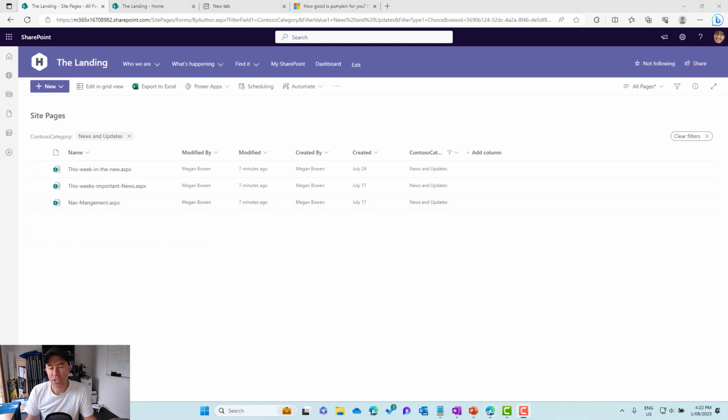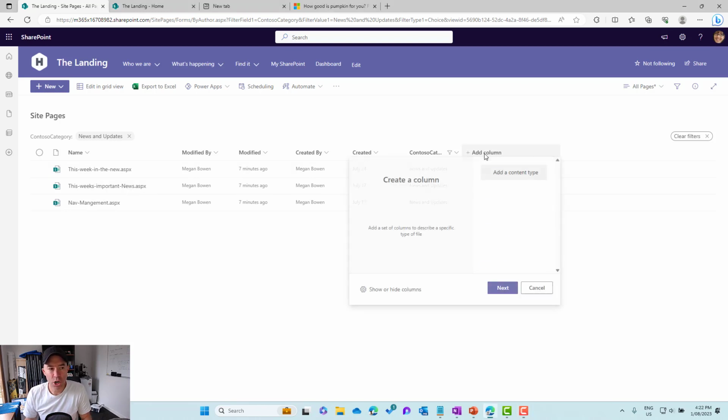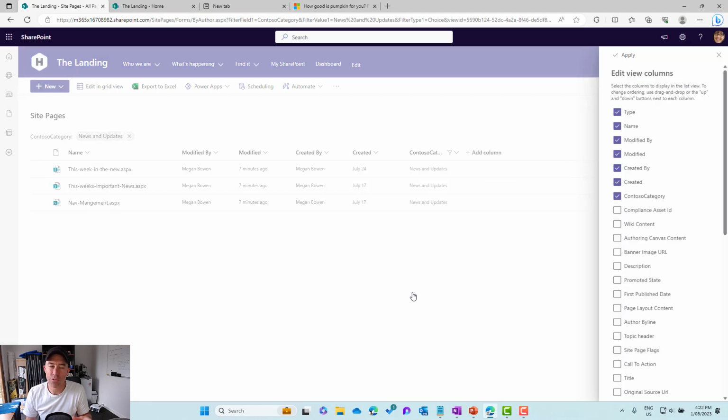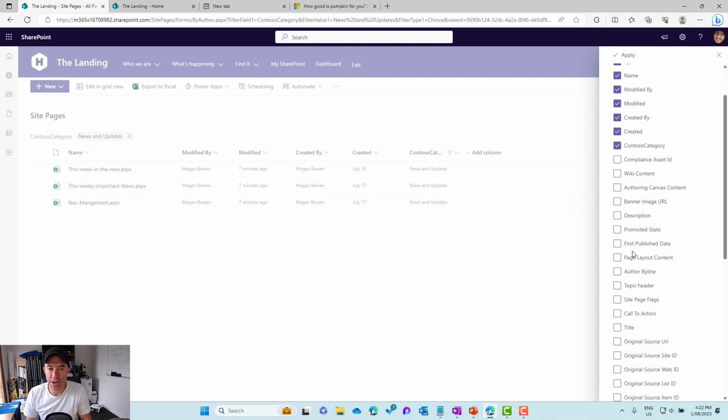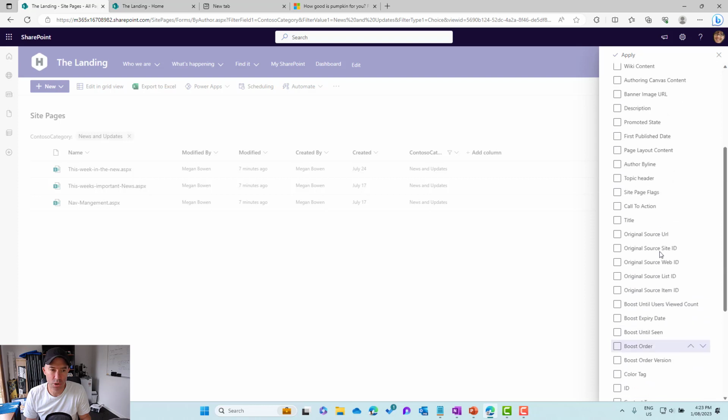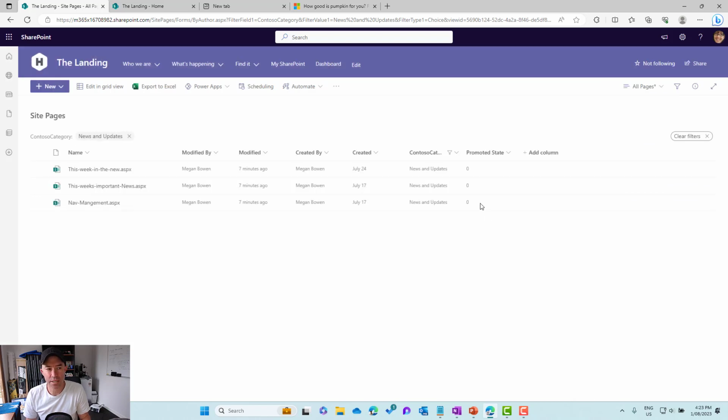All right. So how do we know which one's a news article and which one is just a normal SharePoint page? Well, there is a column that is called promoted state. And if we show that, it's going to give us a numeric number here. So if we look for the column that's called promoted state, and let me just scroll down, I'll try and find it. There it is there, promoted state, and apply. So what that's going to give us is a number, and we can see that these are 0, which means 0 is actually a